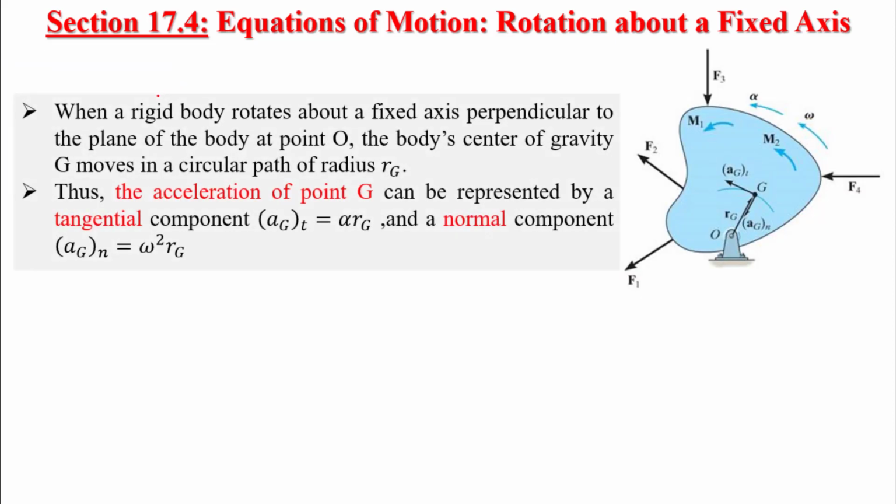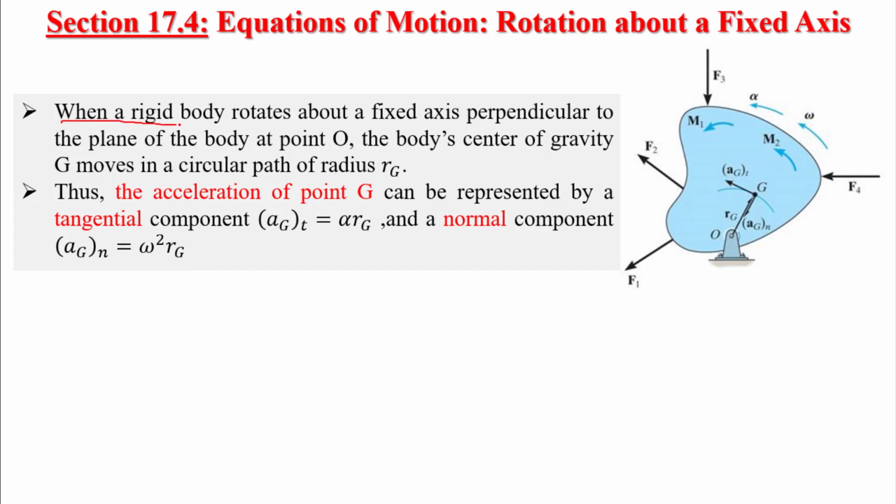Okay, let's start with the theory first. So here you can see this rigid body in blue color, and you can notice very carefully that here we have the centroid, this is G, and here this is the point of rotation. So this point is fixed, and any point far away from point O rotates about O. So any point here, for example, I can name it A, will rotate about O, and the rotation makes circles. So this is the path of point A because it rotates about a fixed point.